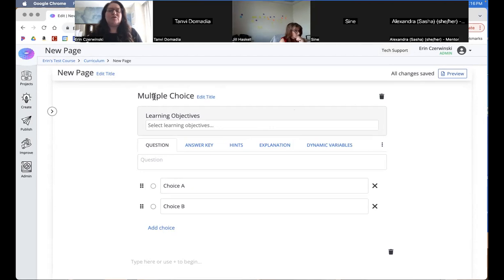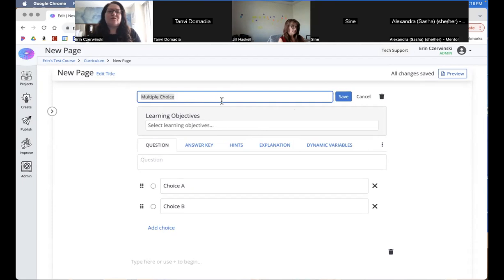And when you're looking at the data, if you have a whole bunch of multiple choice questions, and you never change this title, they'll just be listed as multiple choice, multiple choice, multiple choice. So I always say it's probably a really good idea to come up with some sort of naming structure for your assessment items and make sure you use this title to change it. So I'm going to keep it multiple choice. And I'm just going to call it multiple choice 1.